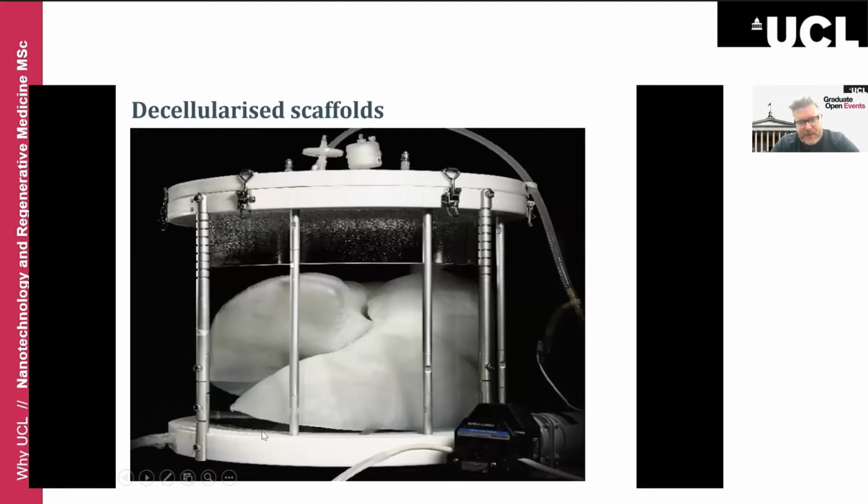One of the concepts we talk about is decellularized scaffolds, where you have a tissue and organ normally from the person, which we decellularize, then add the patient's own cells, so that you don't have a non-self recognition or immune response following implantation. This is a very hot topic in the last few years as a way to generate whole organs. But we take quite a critical view of how these decellularized scaffolds can actually be used to develop our understanding of disease, as well as regenerating whole organs.